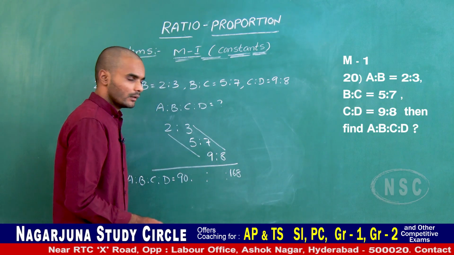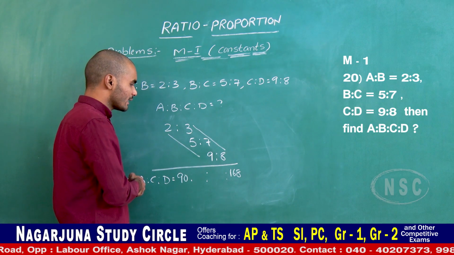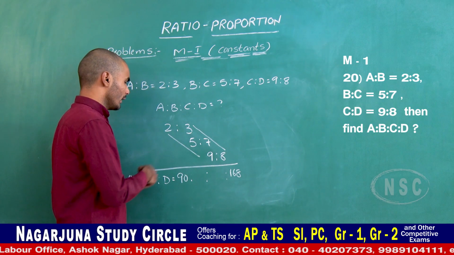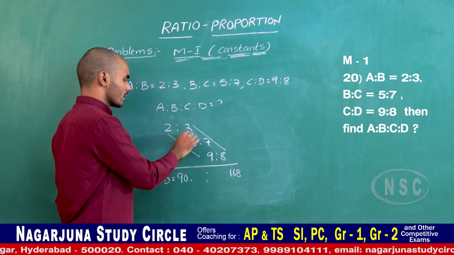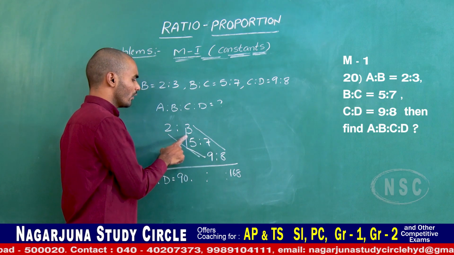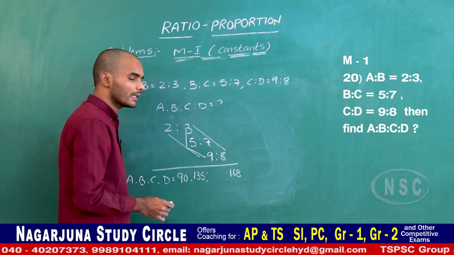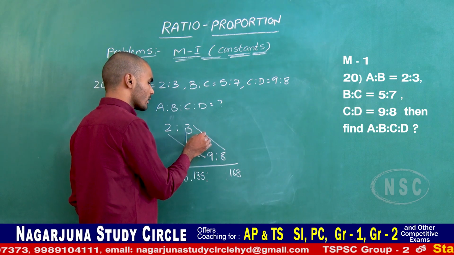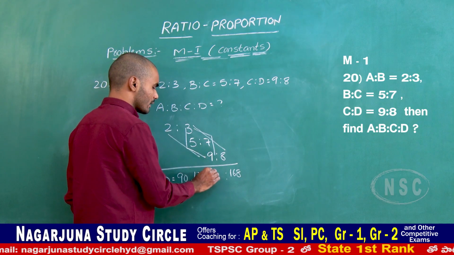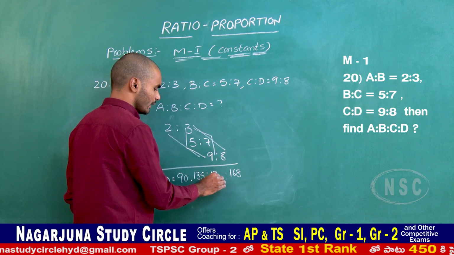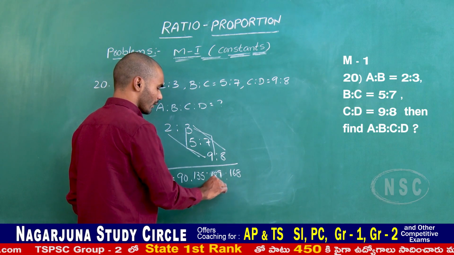And we want to find the value of B. This is the mixed value in the first and second conditions. Then we find this: 3 fives are 15, 15 nines are 135. And the value of C is also a mixed one. Then 3 sevens are 21, 21 nines are 189.